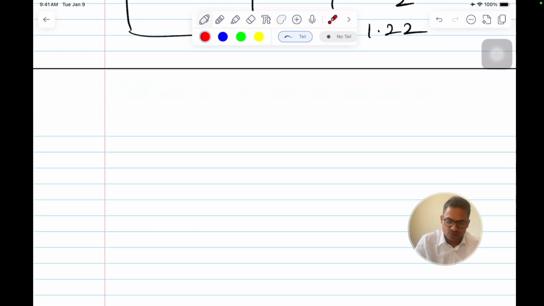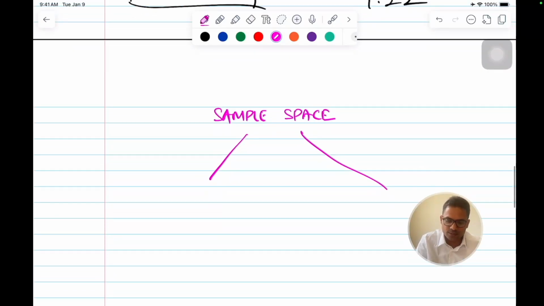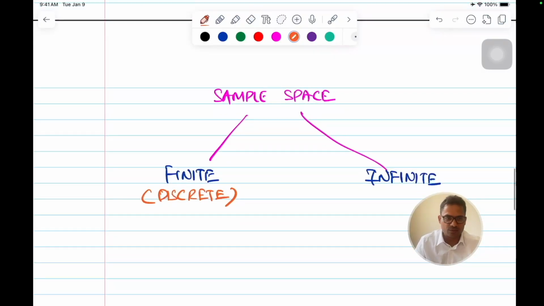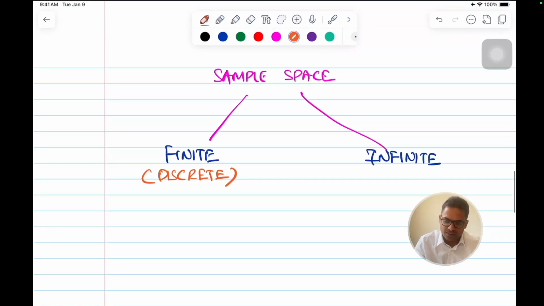To summarize, you have a sample space. This can be divided into 2 parts: it can be either finite or infinite. If it's finite, then it's discrete. Like rolling a die, you get a finite number of possibilities. So that's discrete, no problem. But if it's infinite,